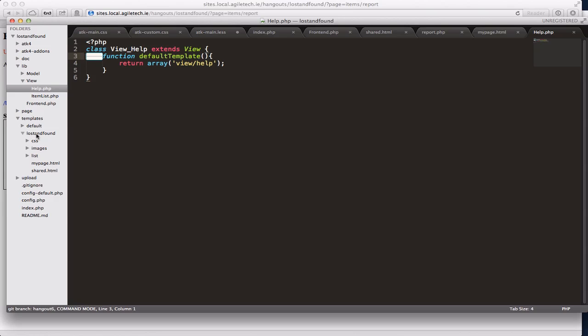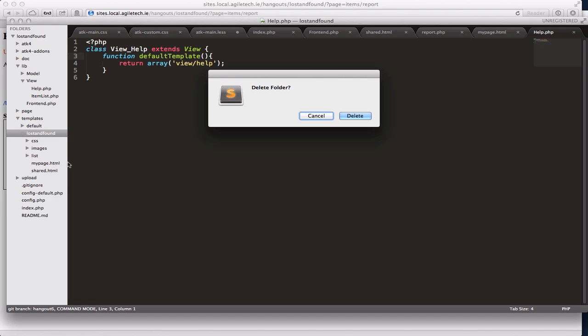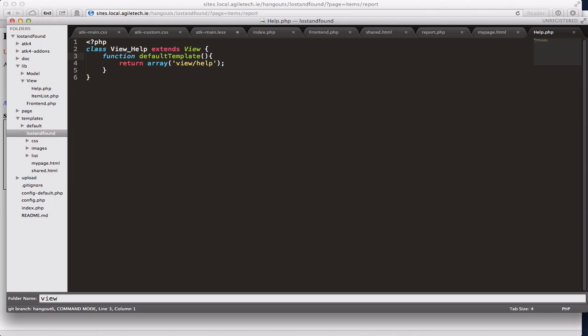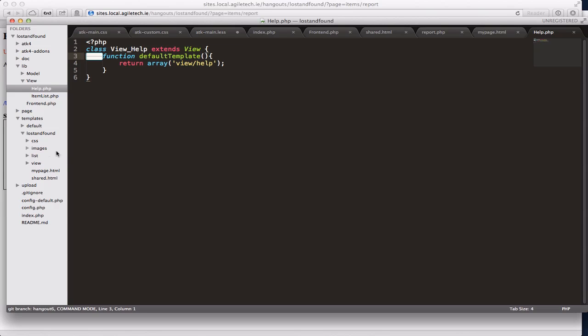Do I have a view folder here? I don't. Oops, no. Okay, view, and inside the view, let's